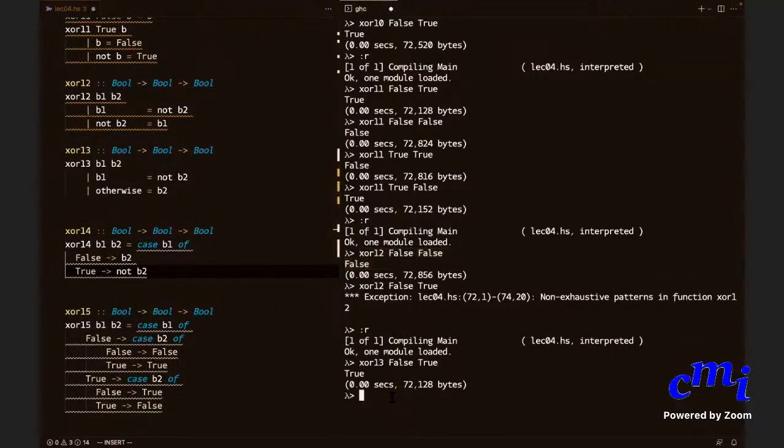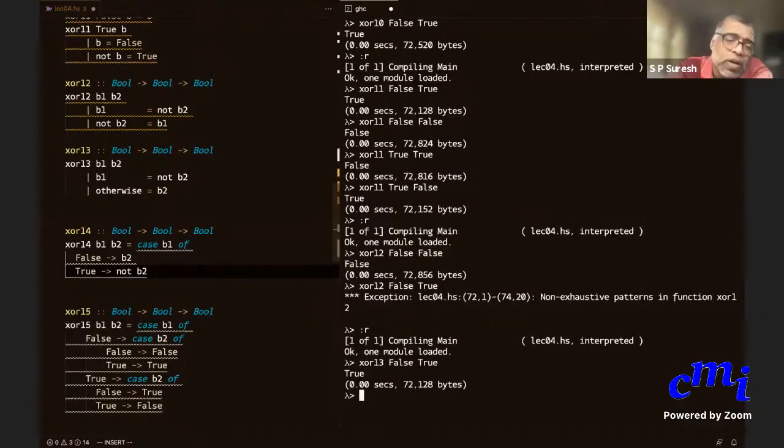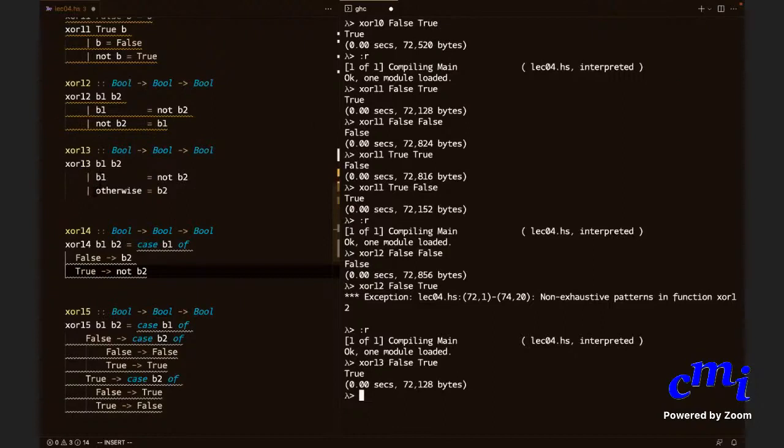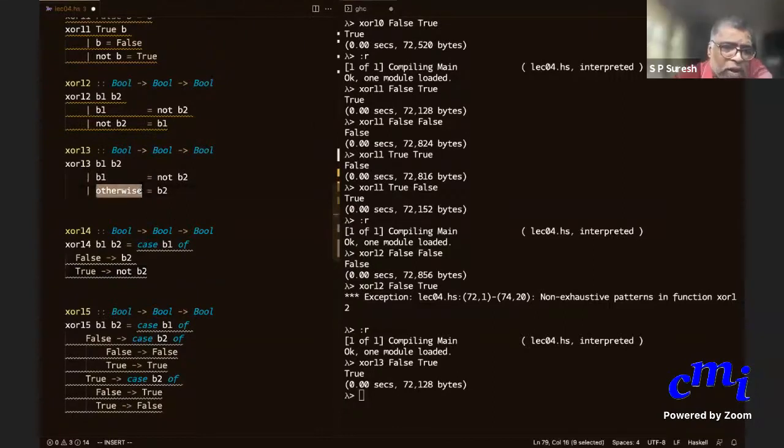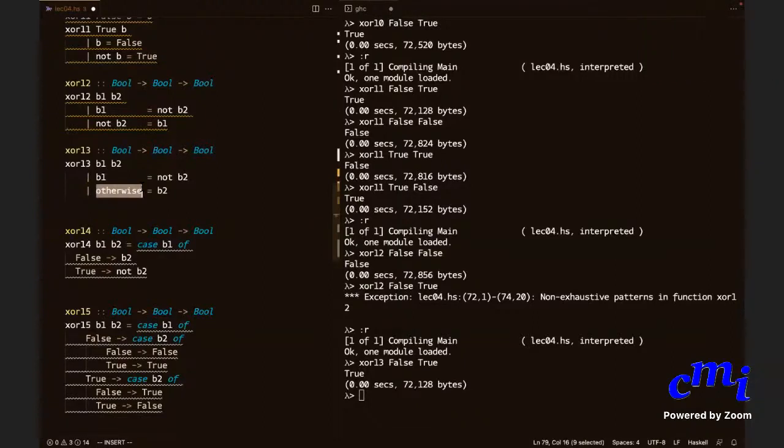In XOR 13, isn't the issue that we're never considering the case B1 false, B2 false? How is that case considered? Oh, if both B1 and B2 are false? Yes, that is considered here, no? When you say B1 false, that applies both to B2 true and B2 false. No, it will give out the value false, which it shouldn't.